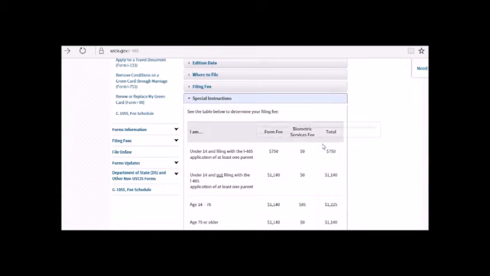Then you're going to see the total of how much you're going to pay for your Form I-485. Over here, they say under 14 and filing with the I-485 application of at least one parent is going to cost you $750. If you are not filing with the I-485 application of at least one parent, it will cost you